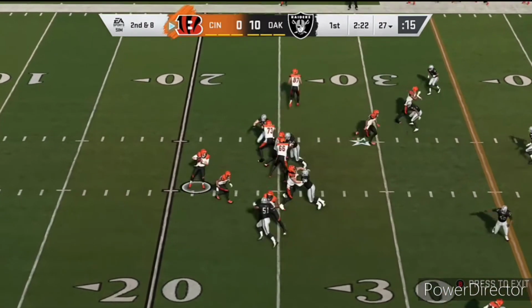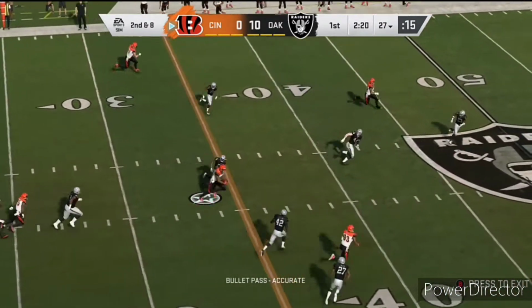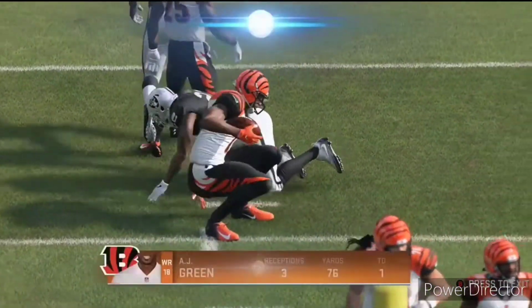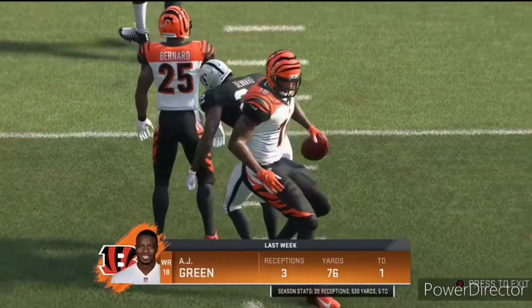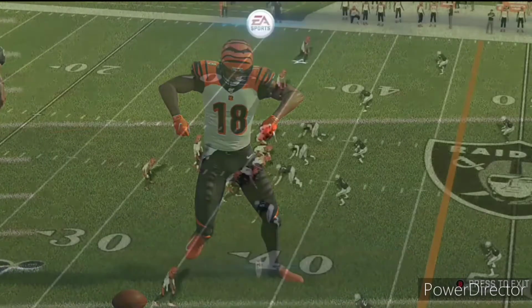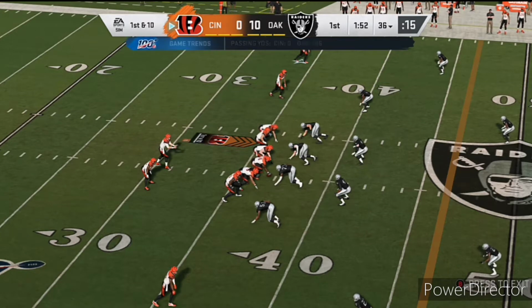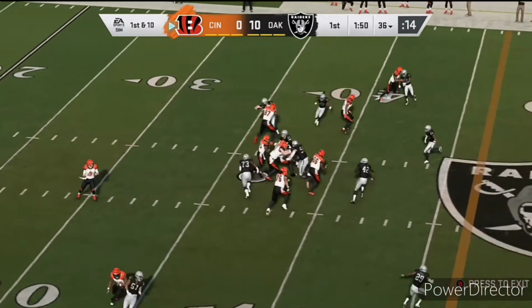Bunch to his left, drops back to throw, fires over the middle, and he finds his guy in AJ Green, and that will be a first down for the Cincinnati Bengals as they get past the 30-yard line, actually the 35-yard line, and that will make it first and 10 at the 36 as Joe Burrow comes out in the gun, stands at his own 30-yard line, and hands off to Bernard,